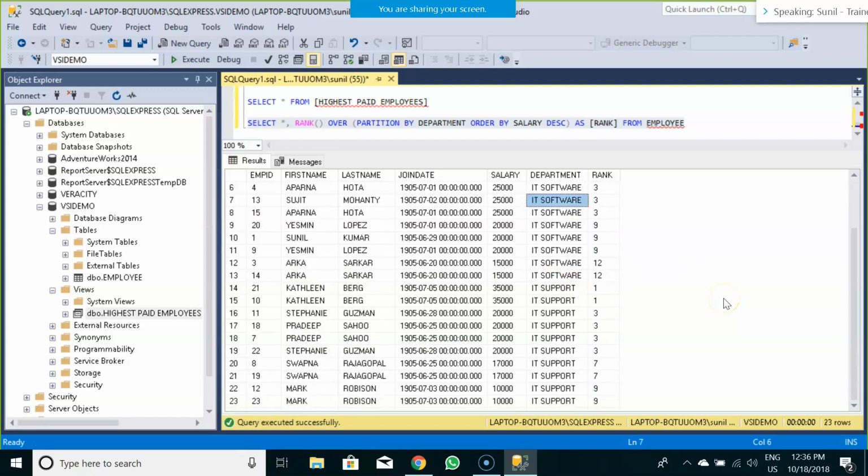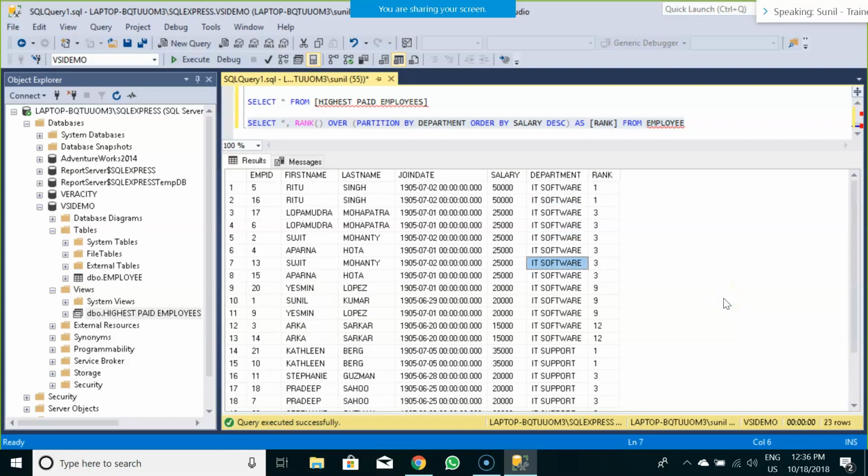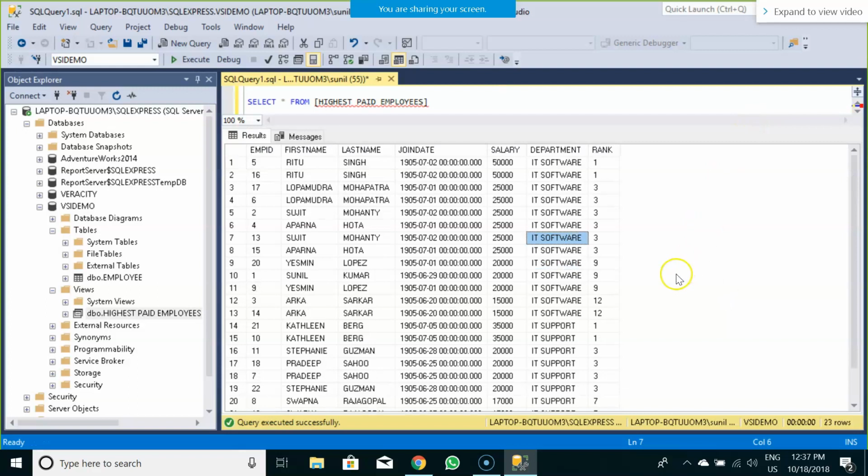Any difference you found out? It's the same thing, right?